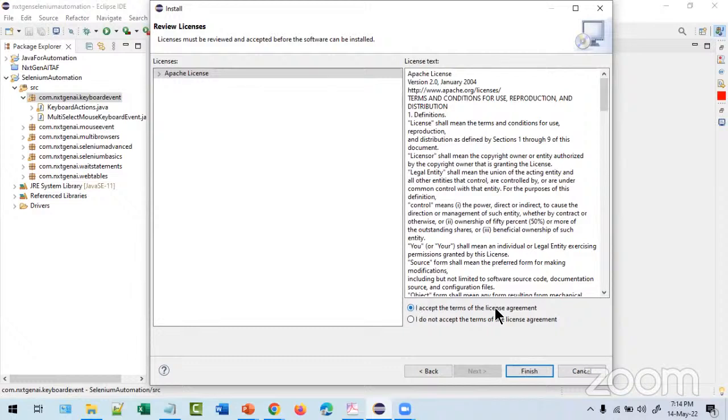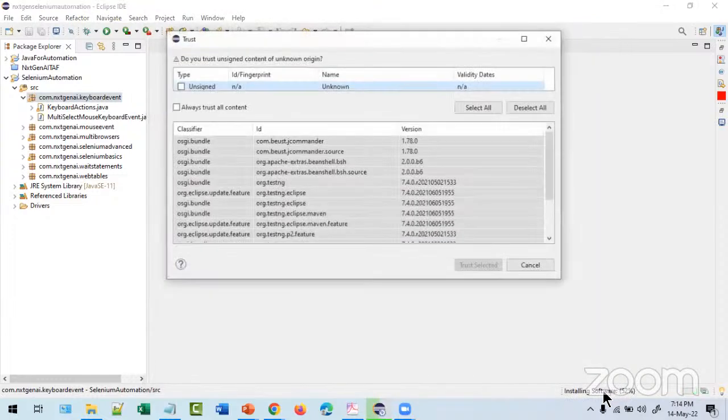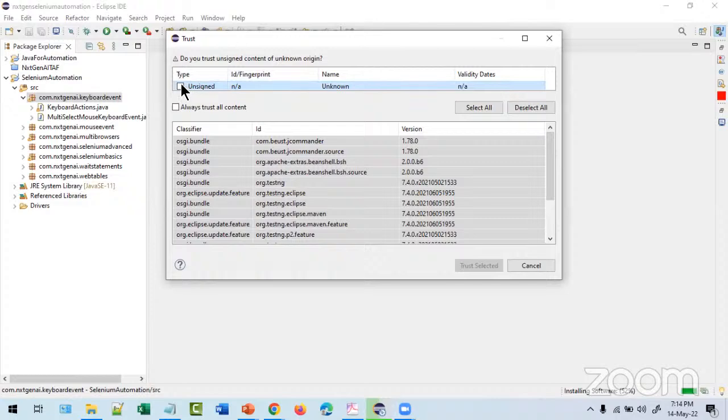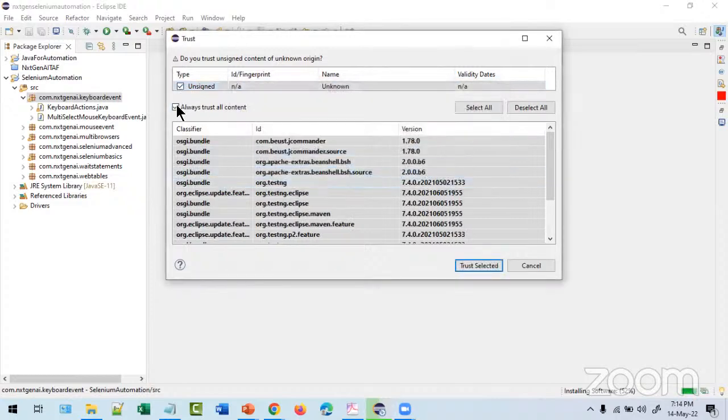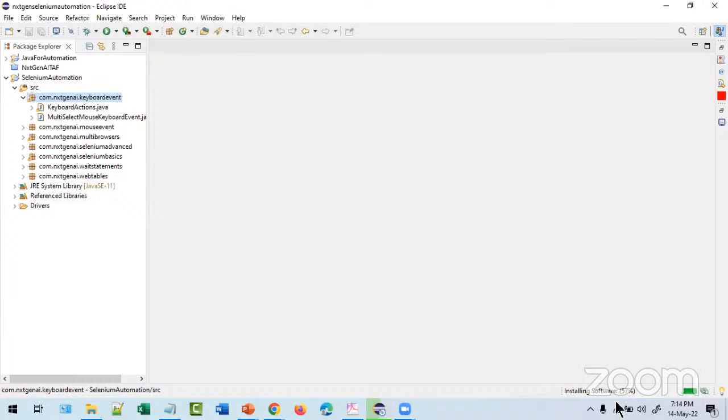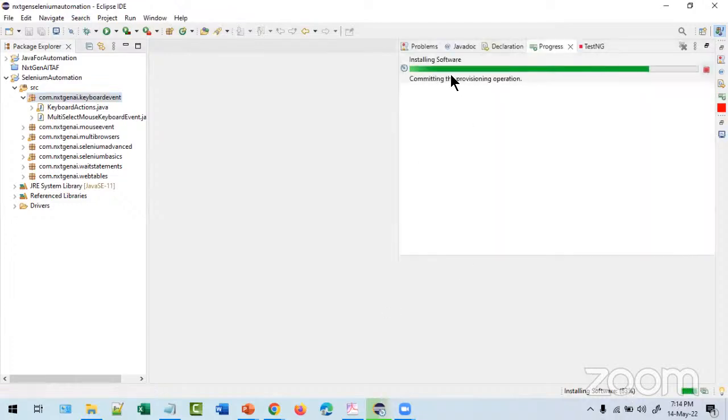I accept the terms and conditions. Click on Finish and see, installing the software. Yeah, trust, always trust. Yes, just trust all the content, no problem. Trust selected. The installation has happened.